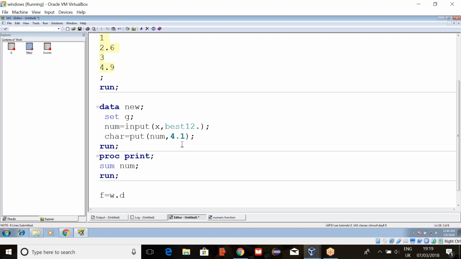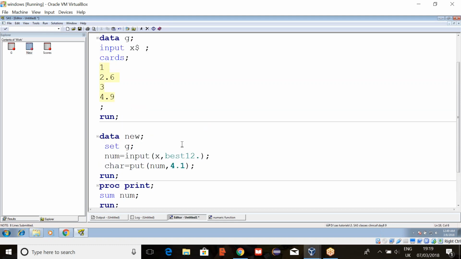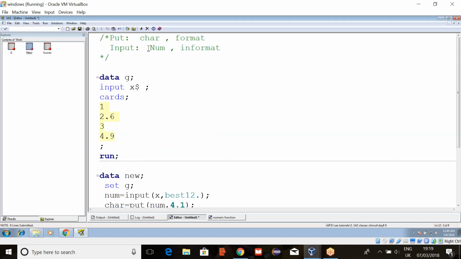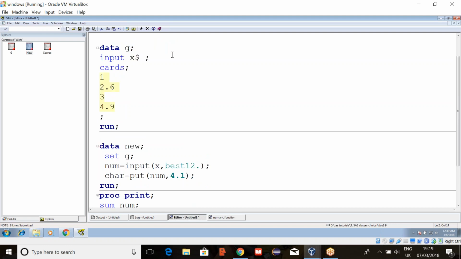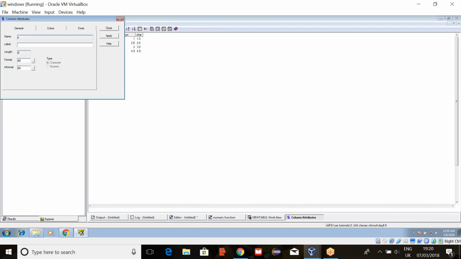Priya, can you go a little up? There you said it's a character, but why did you put input here? See, you said X is a character, right? We have a dollar next to it, but we put it as input. By using the input function, I converted that into a numeric variable. Okay. So here num is a numeric variable. If you are confused and not sure whether it's numeric or character, we go check the variables and try to understand it, and then accordingly we work. Yes, yes. Okay. Obviously, here we can check what is the type.